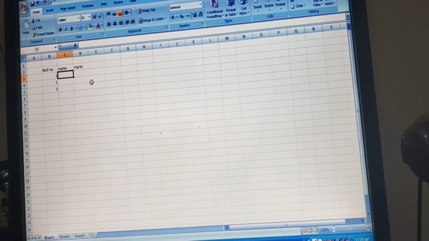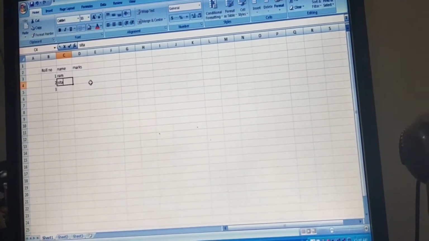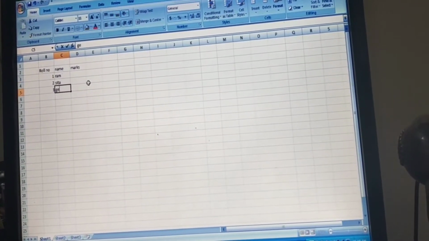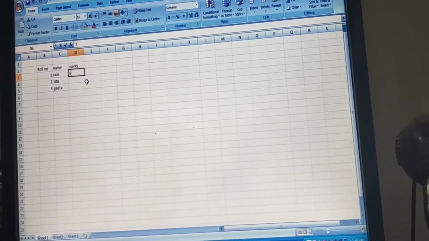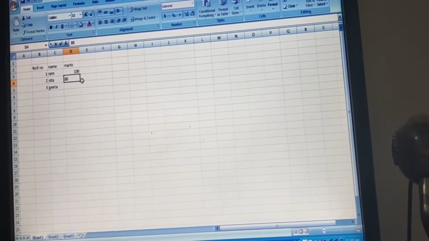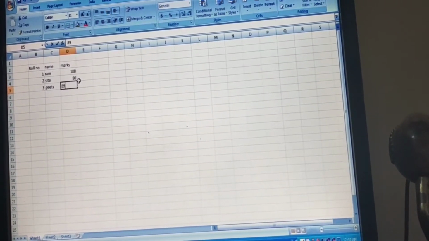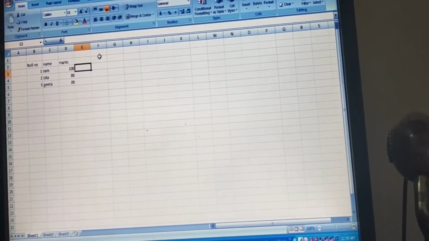Let's write name: Ram, Sita, Geeta. Let's enter the marks here: 100, 80, 89. This is a way to enter your data.